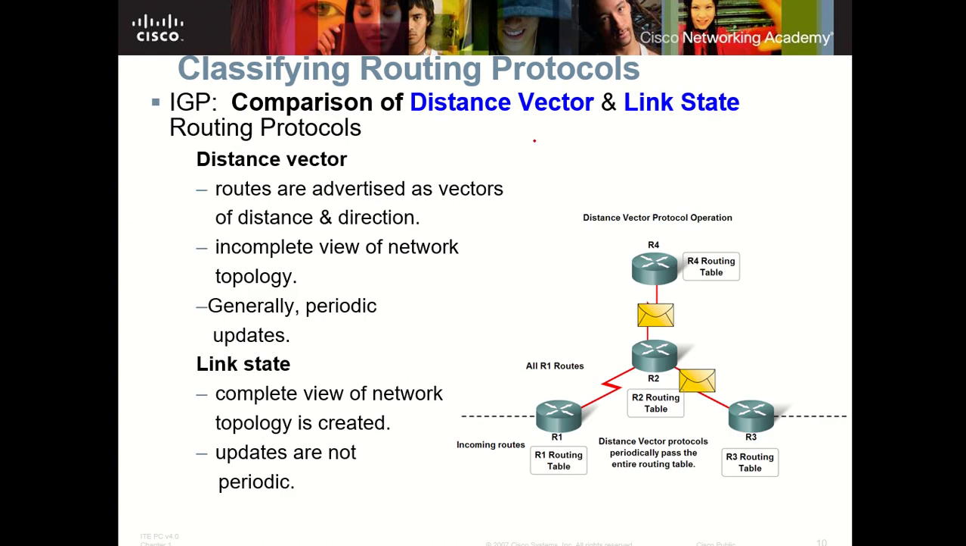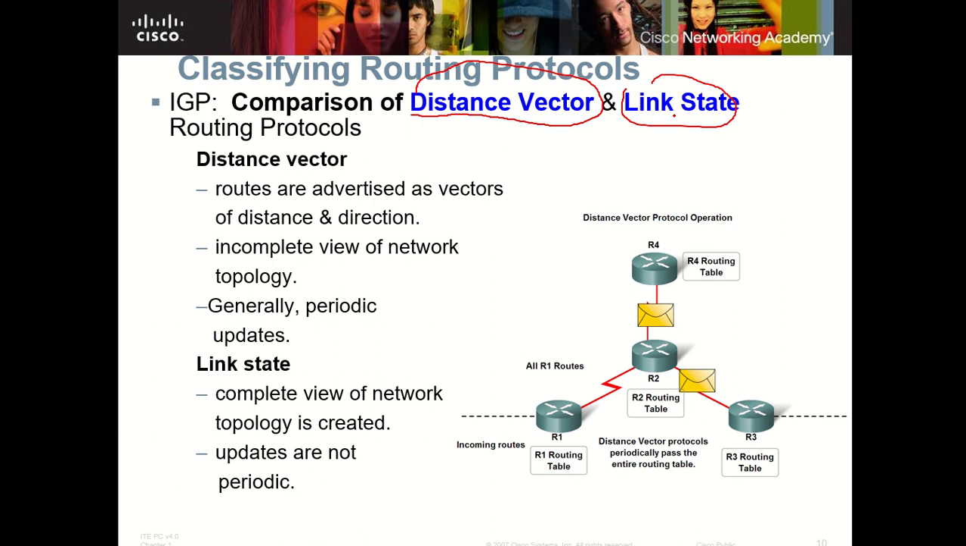Alright? So again, as mentioned, the interior gateway protocol has two classifications: the distance vector and the link state routing protocol. As I mentioned, the succeeding chapters will focus on those specific types, distance vector or link state protocol. But then